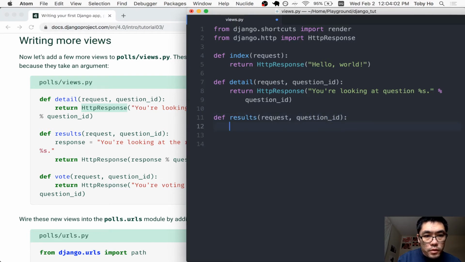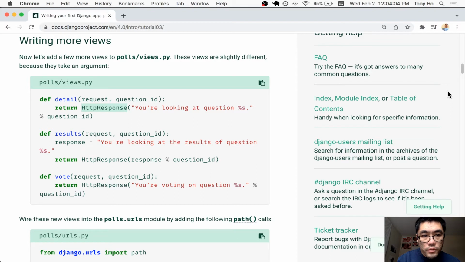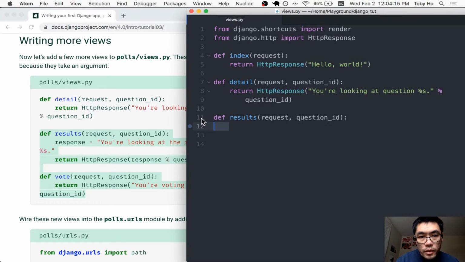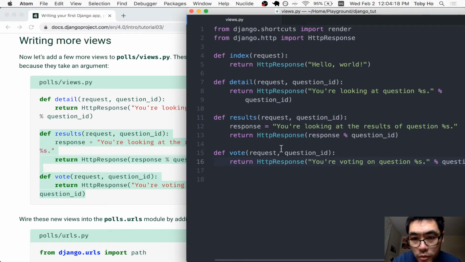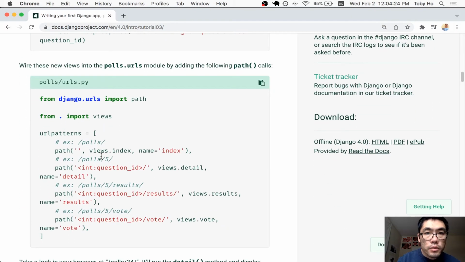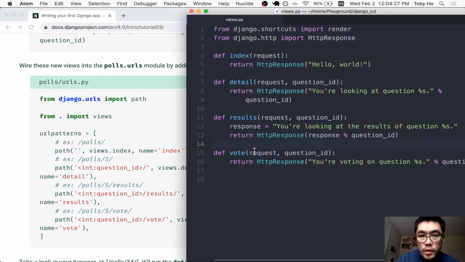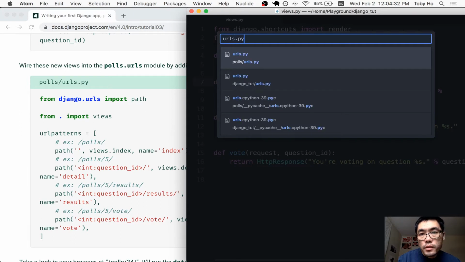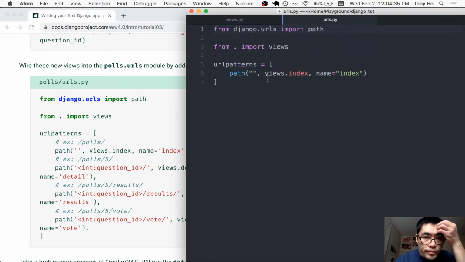Okay, for the results, you're looking at the results of question. Okay, I don't care to type all of this out because it's just kind of repetitive, and I'm not learning anything new by typing it all out, so I'll speed it up by copying and pasting that. Now we're gonna need to wire these up. Having a view isn't going to do anything unless you activate it by adding them to this URL patterns variable